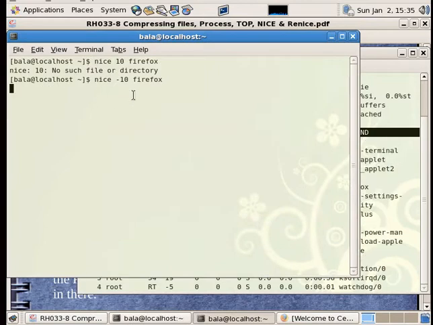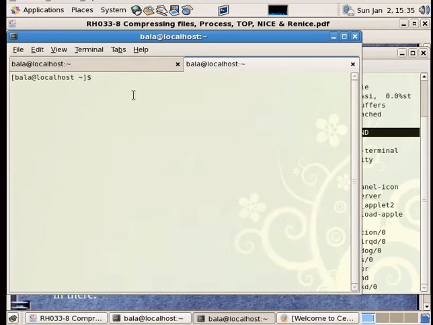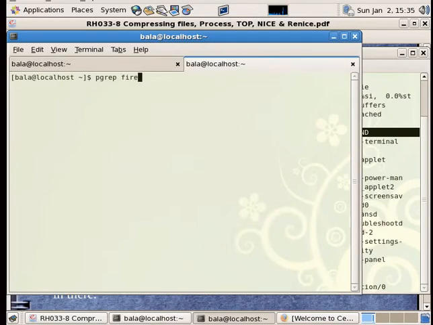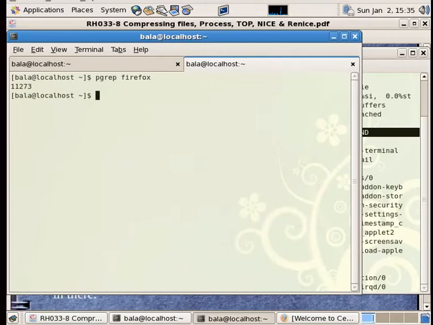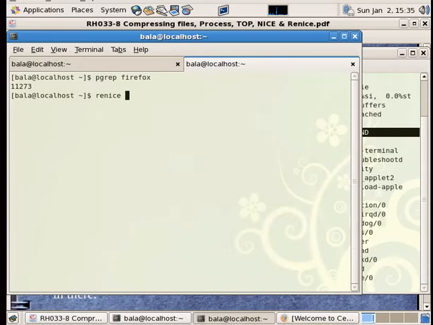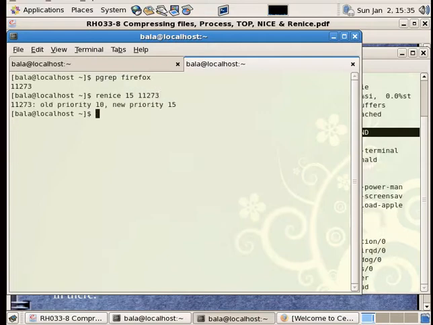Let me hit Ctrl Shift T. pgrep Firefox. So that is the process ID. I'll try to renice that value of Firefox from 10 to 15 probably. 11273. Hit enter. So the new priority is set from 10 to 15 right now.